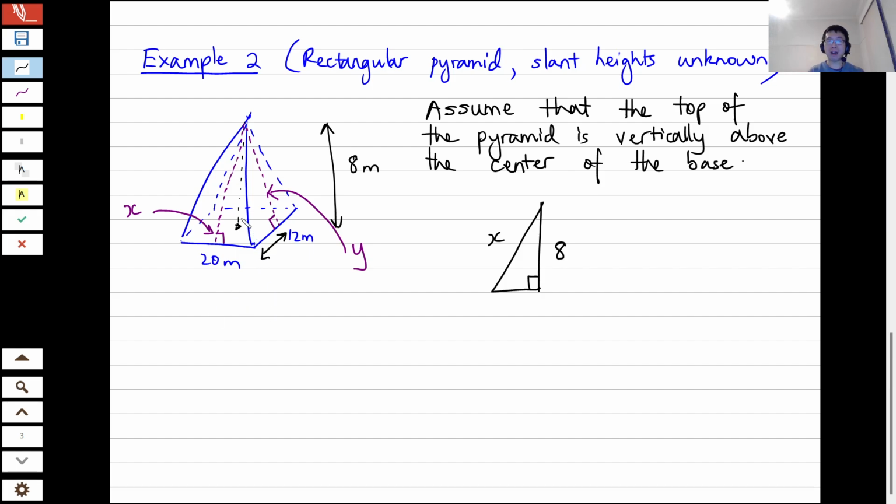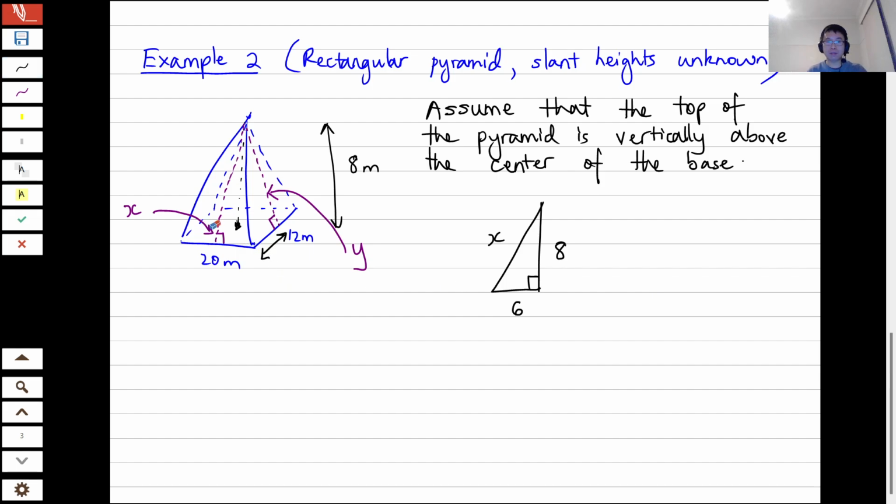And the reason why it's halfway is because the top of the pyramid is vertically above halfway along the base. So this side length here is going to be 6 meters. Okay. Similarly,